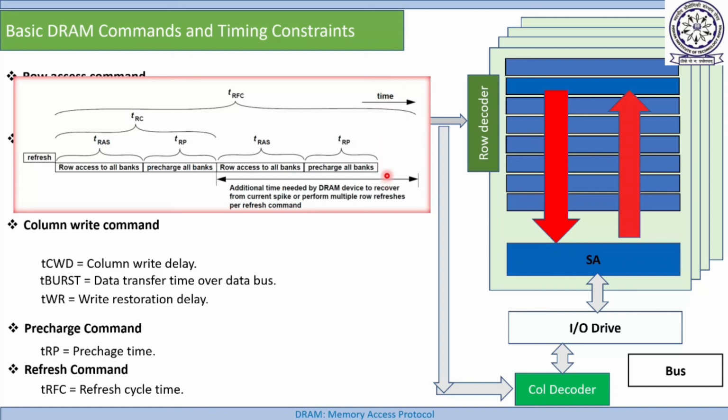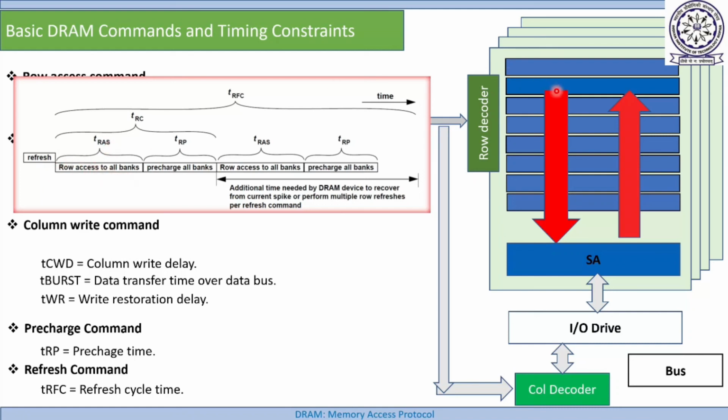That means when the controller is sending a refresh command, this DRAM is refreshing two rows at a time. So how is it refreshing every row? To refresh the first row, it activates the row, and after activating, it pre-charges. So what is this time? T_RAS time. If you remember row activation time, T_RAS time is required for activation.